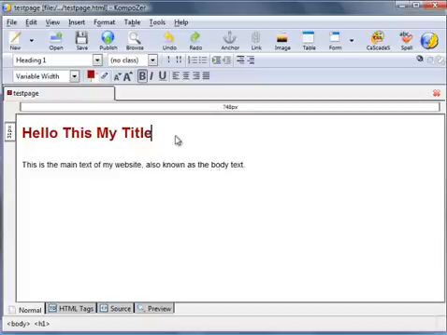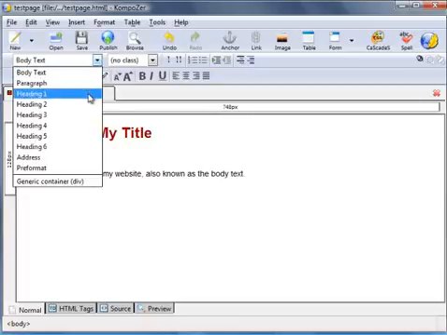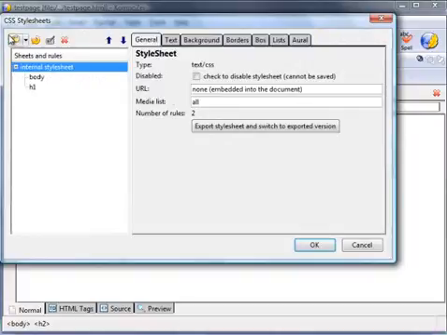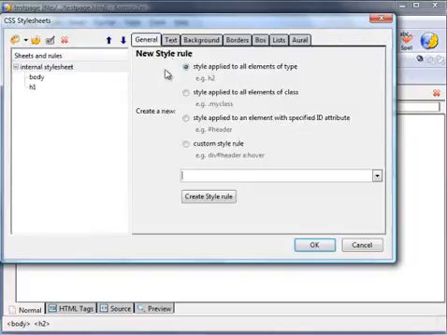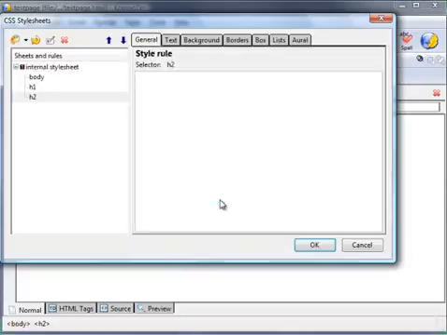Okay, let's add one more piece of formatting. Let's suppose we wanted this as a subtitle. Okay, and we can change that to, rather than heading 1, we can have heading 2. Okay, and using the CSS, we can change the formatting of that heading 2. So click on the CSS icon, on the palette icon, new style rule for the H2, create style rule,